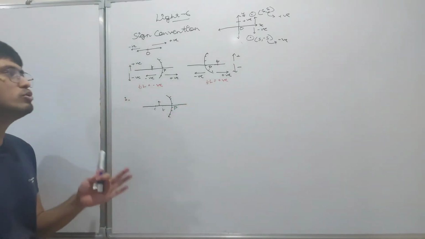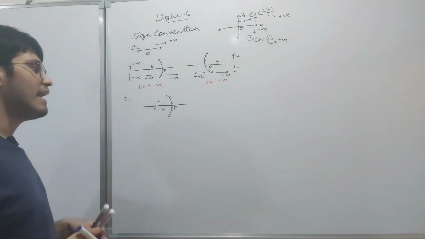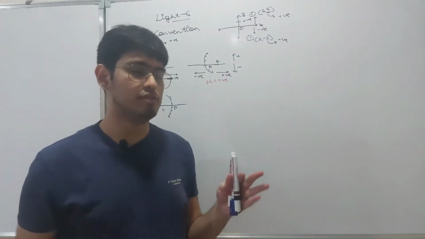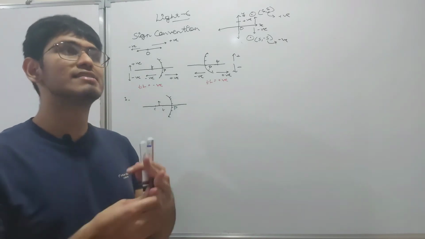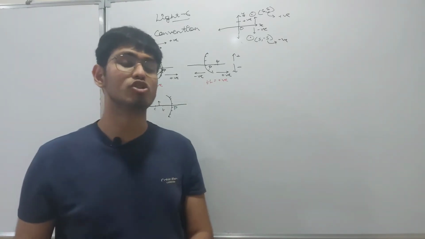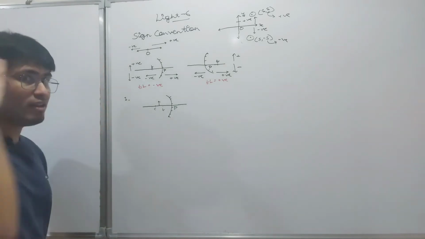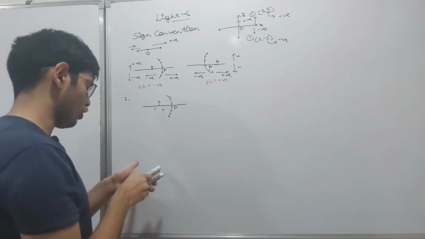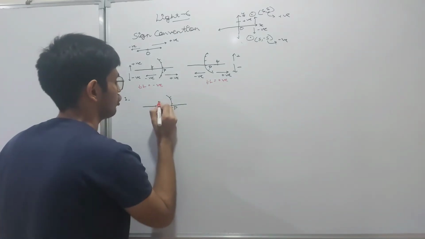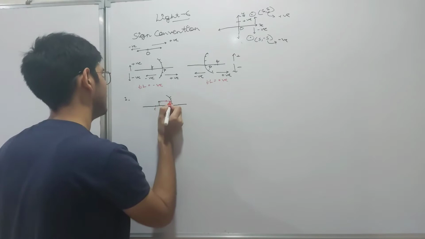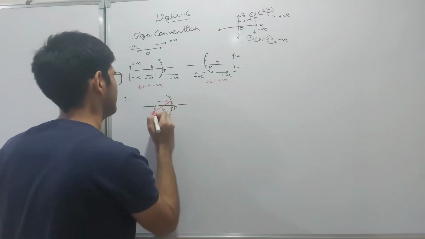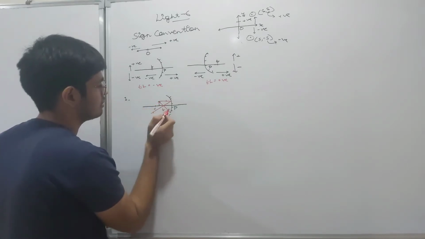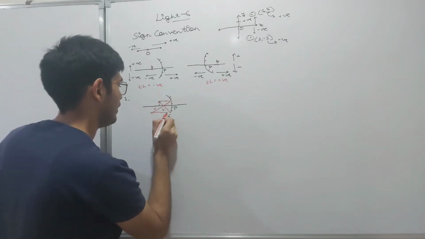Now what you have to do is tell me the sign of the object distance, the sign of the image distance, the sign of the height of the image, and the sign of the height of the object. Can you tell? Yes, we can. First we have to draw the ray diagram. A ray will pass parallel to the principal axis, then it will pass through the focus. And then again, a ray passing through the focus touches over here and will pass parallel to the principal axis.